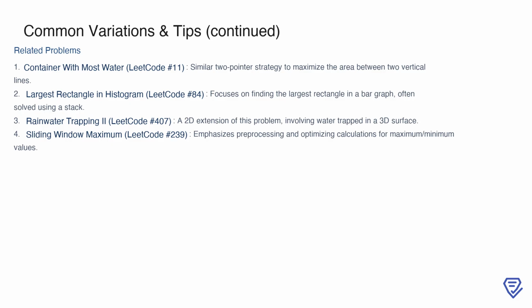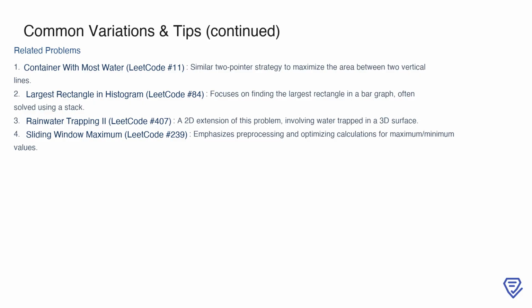This problem is closely related to several other LeetCode challenges, making it a great foundation for tackling similar questions. One prominent example is the container with most water problem, LeetCode number 11. This also uses a two-pointer strategy, but the focus is on maximizing the area between two vertical lines. Another related problem is largest rectangle in histogram, LeetCode number 84, which involves finding the largest rectangle in a bar graph. This is often solved using a monotonic stack, a technique that's also applicable to certain variations of the rainwater